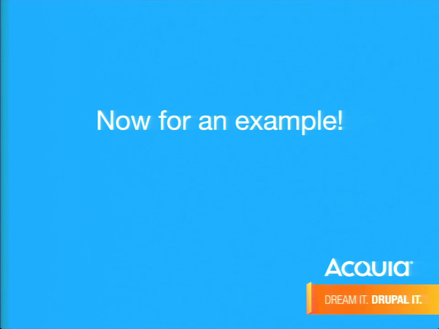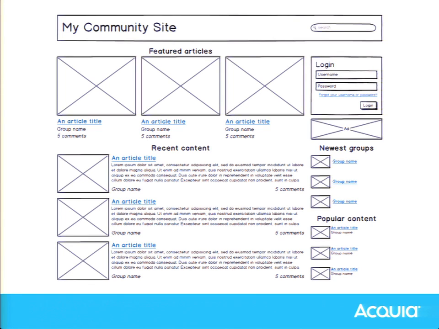So let's walk through an example. What we're going to do is show you a community site front page. If you're familiar with Drupal Commons, these wireframes are sort of inspired by Commons, but we didn't build a Drupal Commons site to show this stuff because we wanted to illustrate the fact that these are decisions you make before you even get into building your site, right? So this is our community site. This is the unauthenticated homepage.